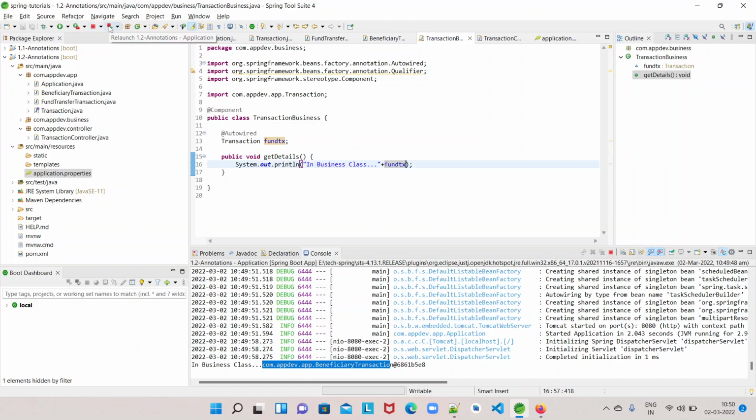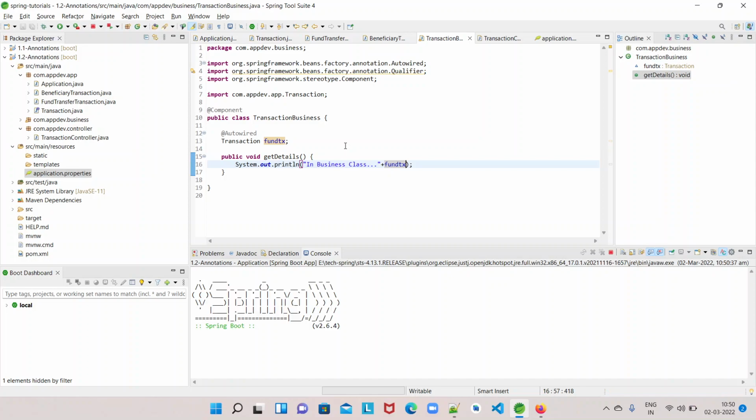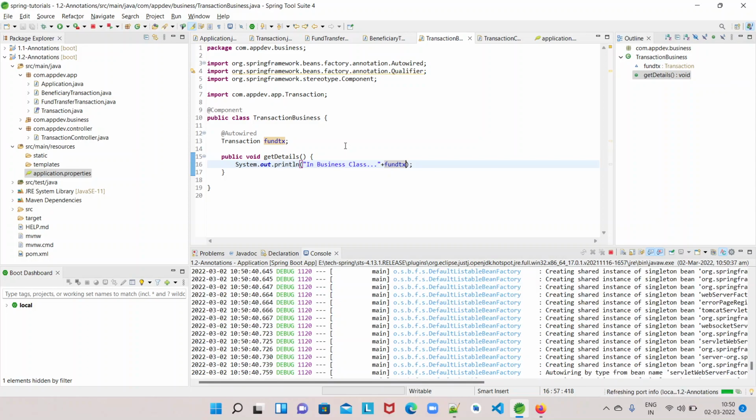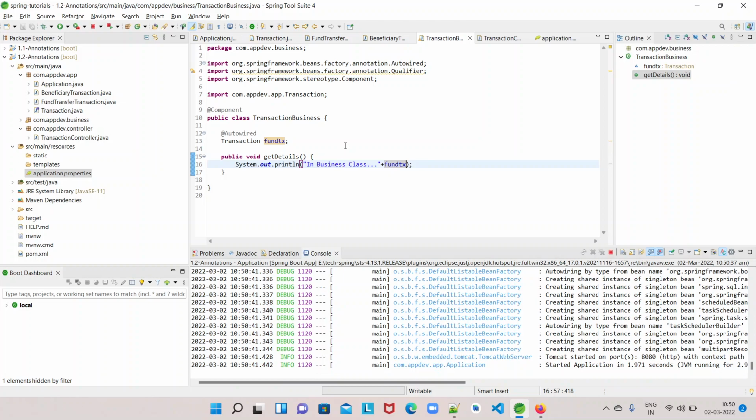Okay, when you have multiple classes implemented from the same type and you want only one of them to be injected at any point of time, if you want to go with type based injection, then you can use qualifier.